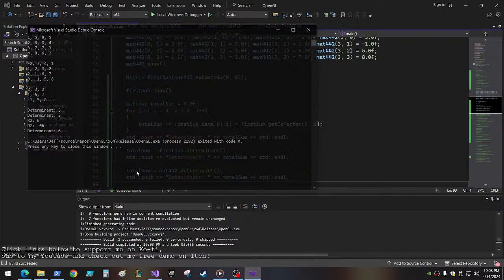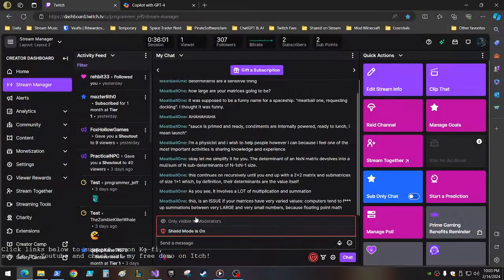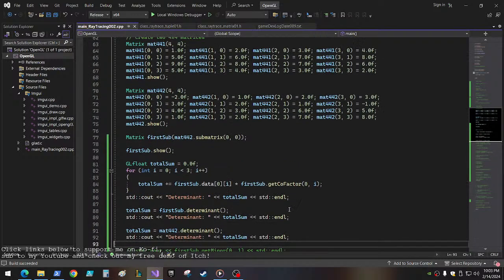Oh dear. Okay, so there is something still wrong, and I think it's probably with the cofactor thing. It's an issue if you're using very varied values. Computers tend to, it's floating point math. That's true, but